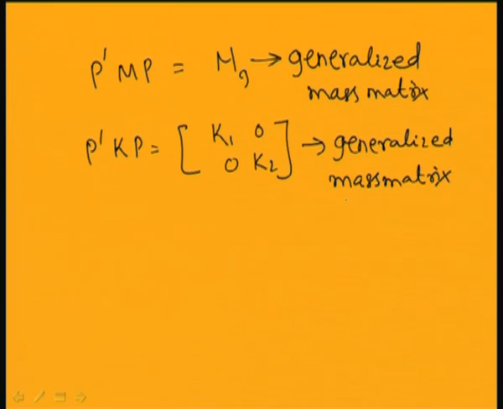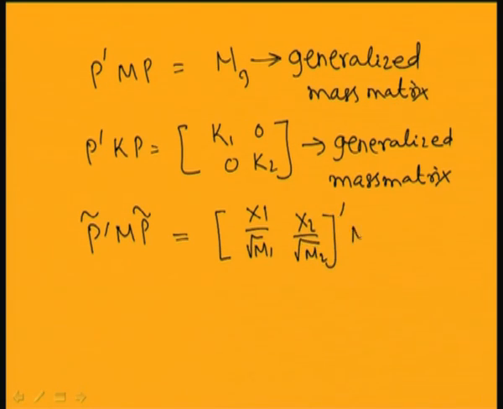Already I told you about the weighted modal matrix. Let me find this weighted modal matrix, M_P. You can check that it is equal to [x1 by root over m1, x2 by root over m2], transposed, times M, times [x1 by root over m1, x2 by root over m2]. By multiplying this you can find